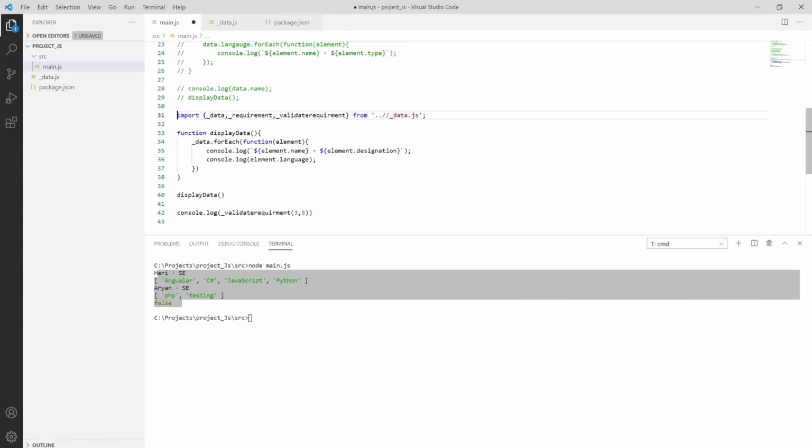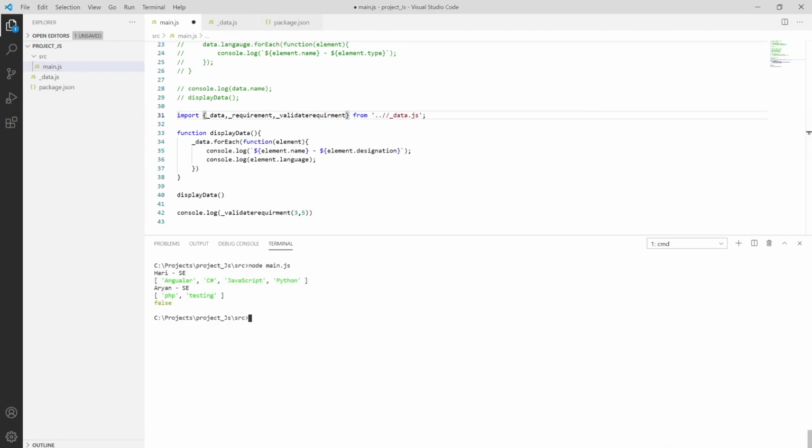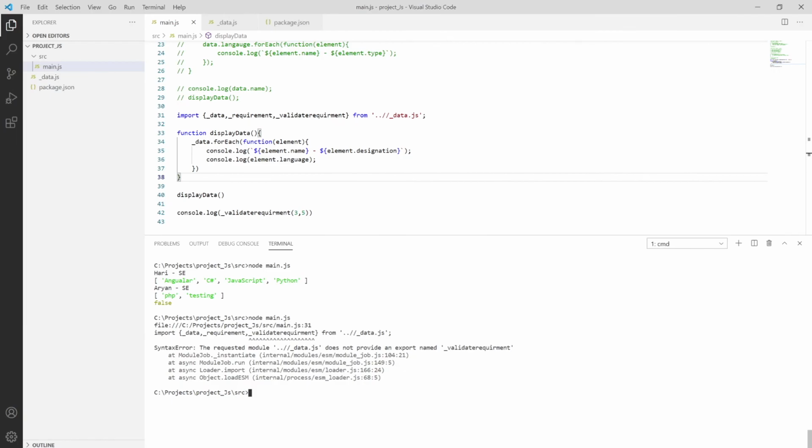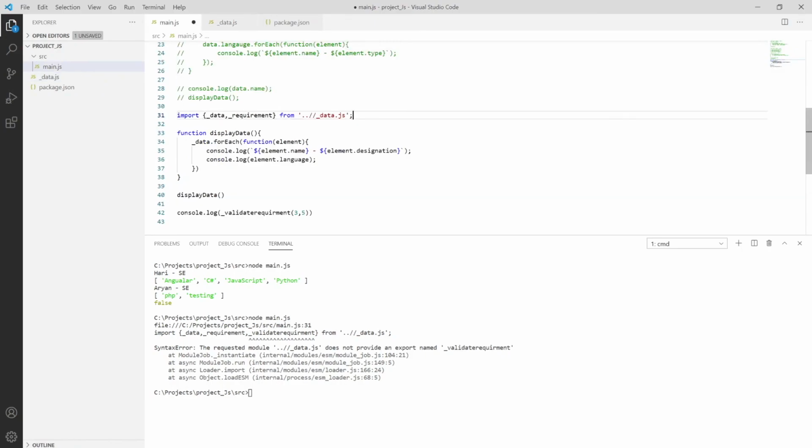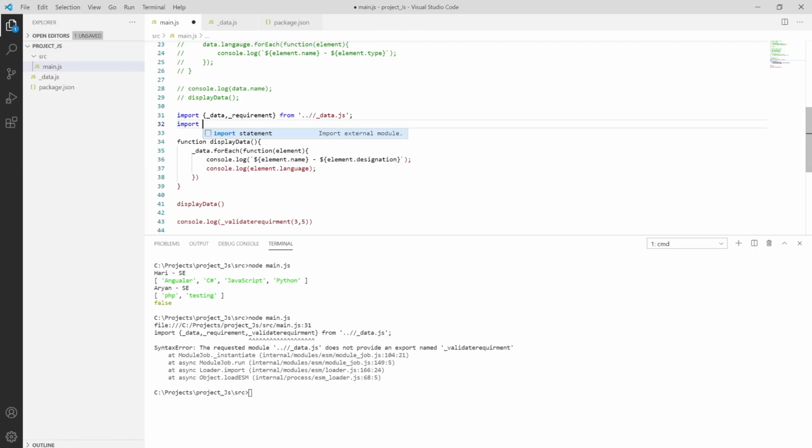As you can see, validate is not from this function. If you put it in this format, it will give me an error. Say I save it and then try to run, it will give me an error saying this validation requirement is not present. Because we have exported using export default, we have to import that also.